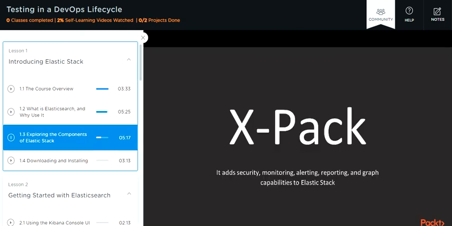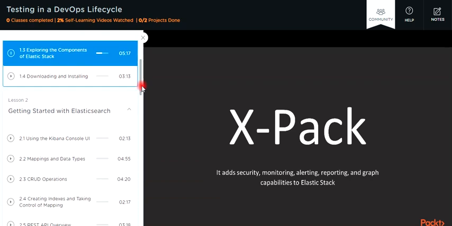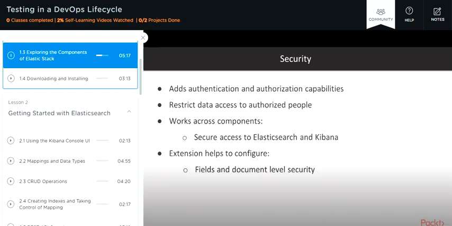Now we are proceeding with another component, and that is X-Pack. It adds essential features to make Elastic Stack production ready. It adds security, monitoring, alerting, reporting, and graph capabilities to Elastic Stack. Another important component is security. The security plugin within X-Pack